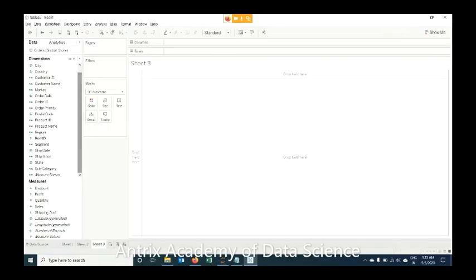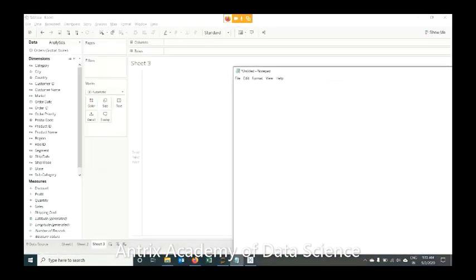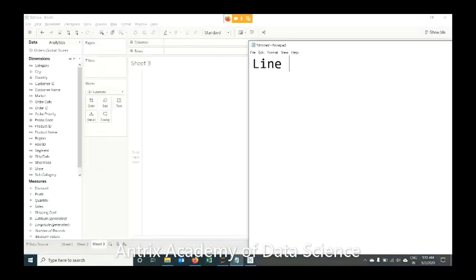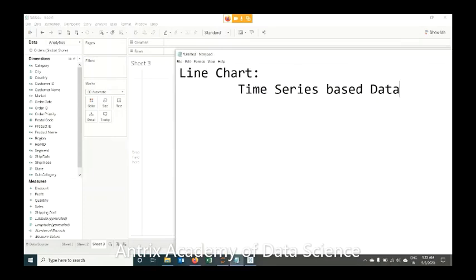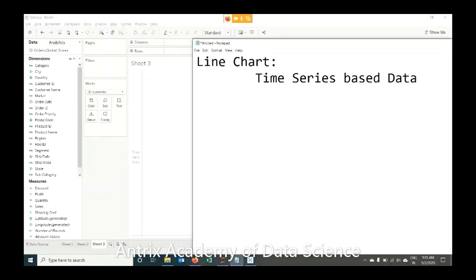Let's say we'll start with the line chart. For line chart, we recommend, let me take a few cases which we'll be using for line chart. We prefer it for time series based data. In our case, you can take order date versus